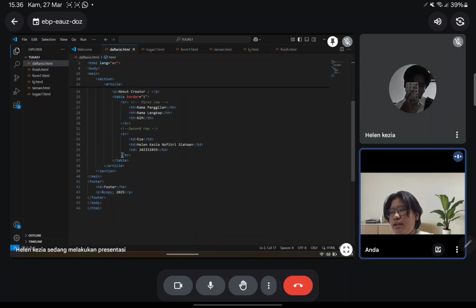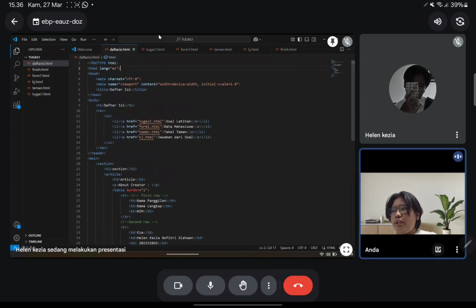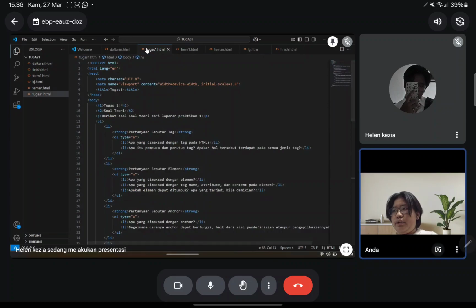Then the last is closing the tags from all of the text, like TR, table, article, section, main, and I'm putting some footer in here. I'm using H4 or header 4. It was smaller than the header 3, but you can still see it. It says footer and I'm using a paragraph with copy. It will show that I have a watermark in there. Then we will go into the first